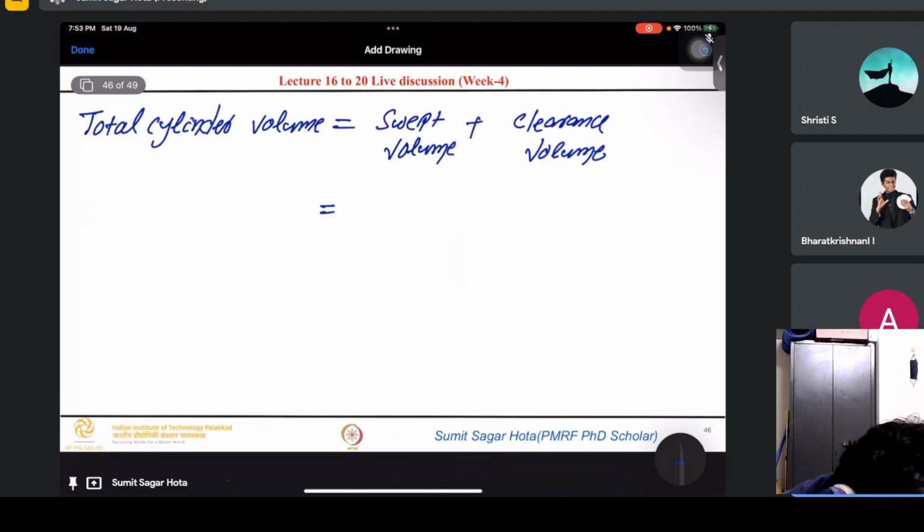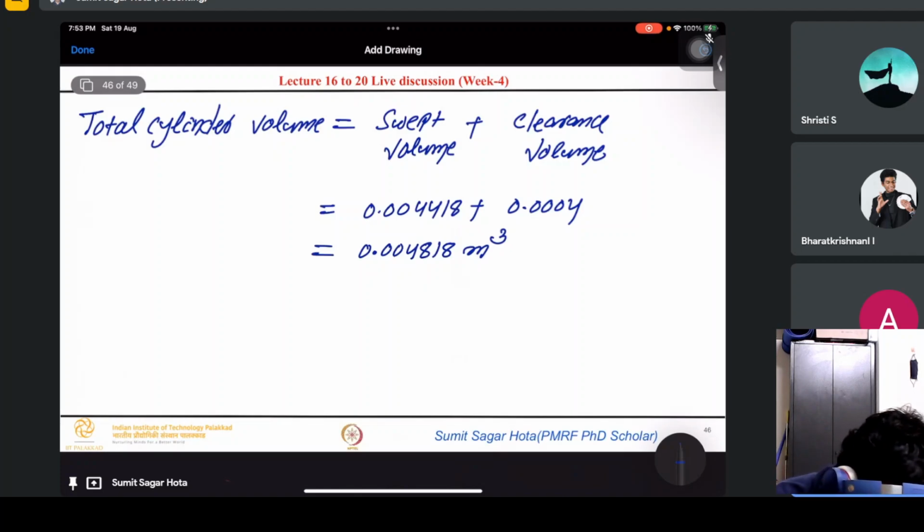Okay, so what is swept volume? We already found 0.004418 plus clearance volume already given 0.0004, 0.004818 meter cube. Okay, so next